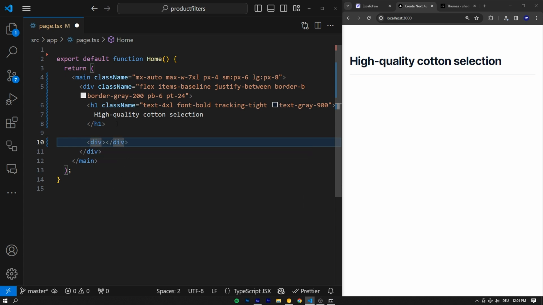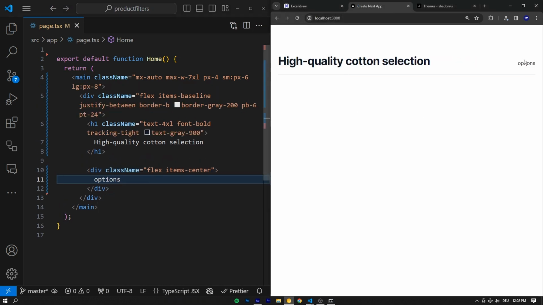Okay, because again, I don't want to teach you just the functionality, but of course you also want to have something to show for it, that you can show to people. Okay, so the div we are going to create under the H1 element is going to get a class name of flex and items-center. Now, inside of this div, and you don't need to follow along with this, I'm just going to type this here to show you. These are going to be the sorting options that are going to be on the right side right here,